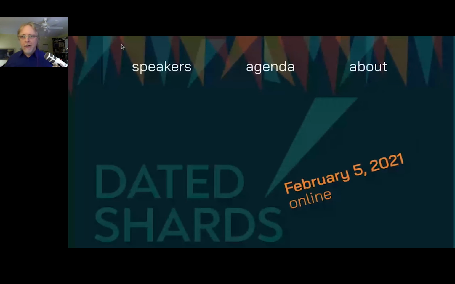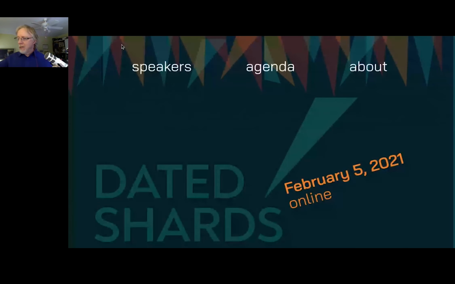This shard that points down from all the other shards across the top of the page is not SVG. It's a CSS background. Now, the shards across the top, that is SVG that CSS is used to put in. But that shard that comes down towards February 5th, 2021, that's a CSS background. And I wanted to investigate that because there's some really interesting techniques in it. And there's also a little something that I'd like to fix.